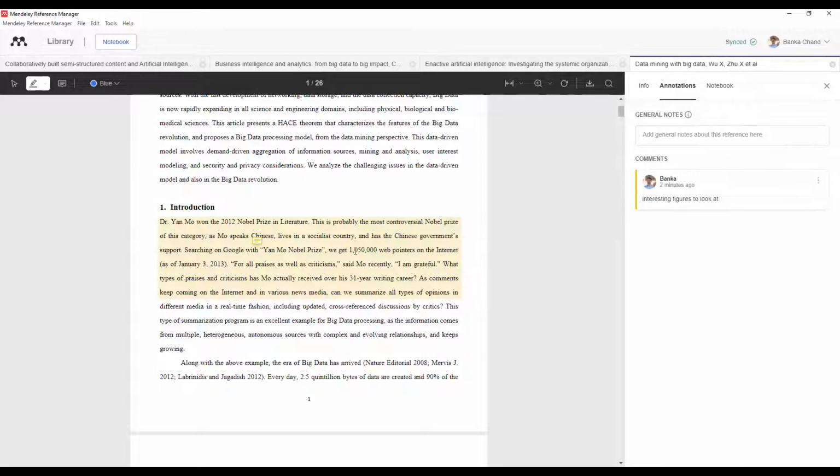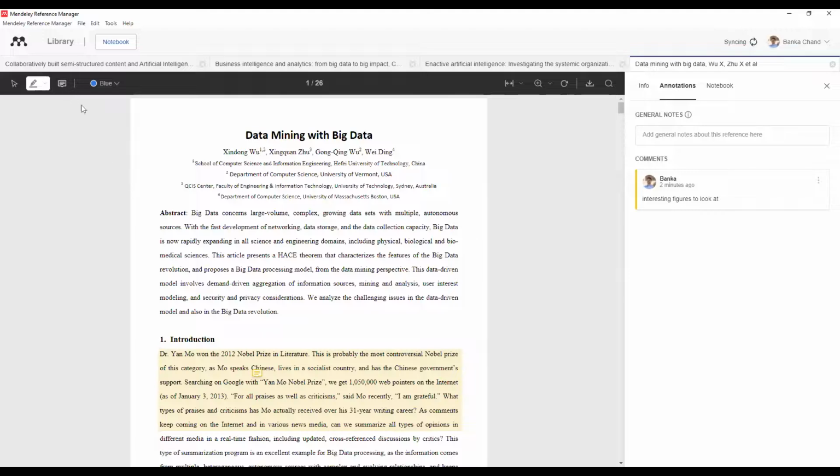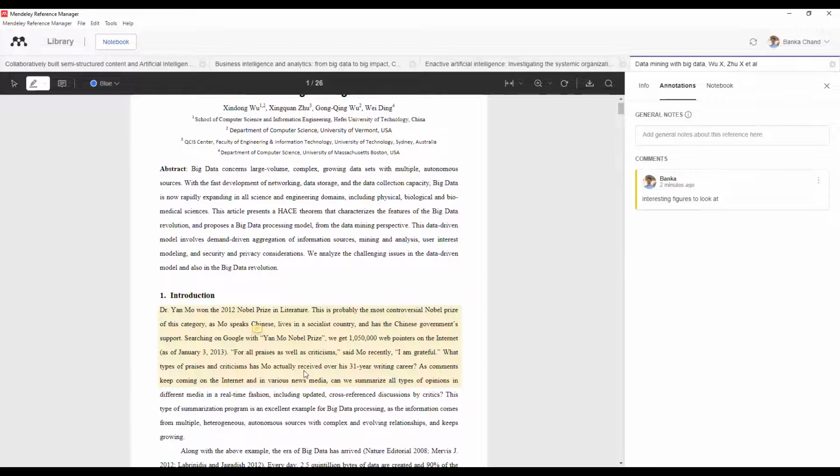See, I added a sticky note, and automatically the sticky notes come into annotations. Annotations are basically your observations that you have recorded. Multiple entries will appear here. I have just added one, so you can see one here like that. The notebook is another kind of annotation, I can say, but here you have